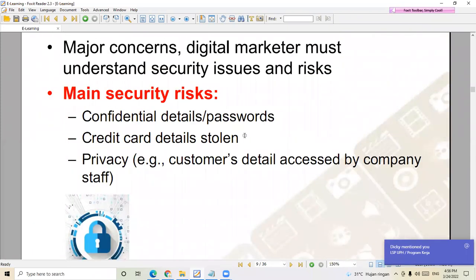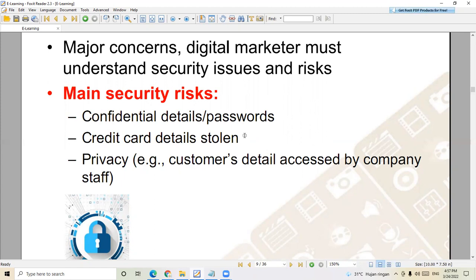At least we are aware. We don't need to be the security expert. I don't say if you want to be a digital marketer, you have to learn security, we have to know the cryptography and so on and so forth. No, there are other people who are responsible for the security issues, but it is always a good idea